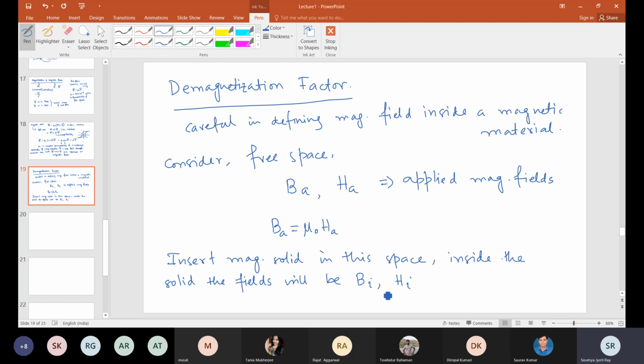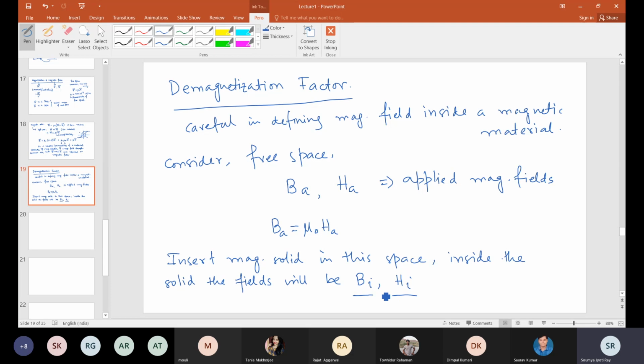These values of BI and HI depend on the position inside the solid where we are measuring, which means the shape of the solid is also important.